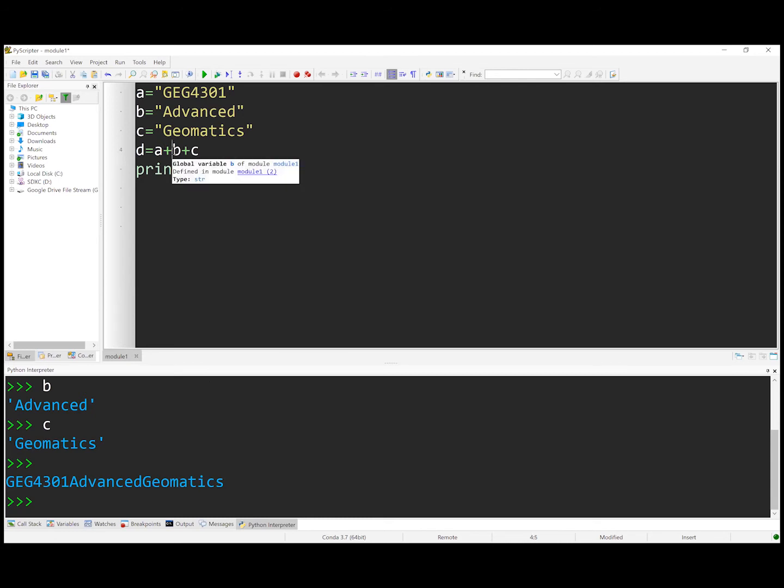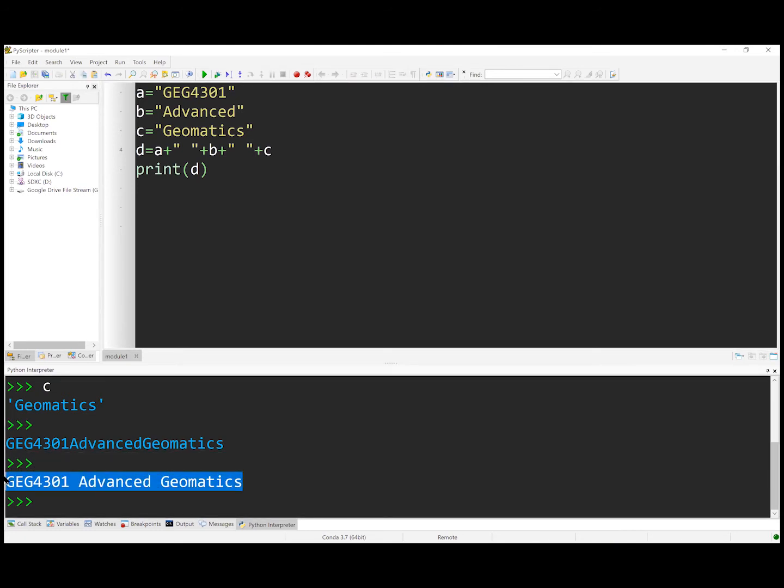You say plus, and then an empty string with a space, plus, again, a plus here, an empty string with a space, plus C. So now when I run it, it looks like something readable: 4301 Advanced Geomatics. But you see here that the issue is, already it's getting complex. I have to put A plus an empty space plus B plus an empty space plus C. It's not a really great way of doing things, especially if you have to start to put things in there